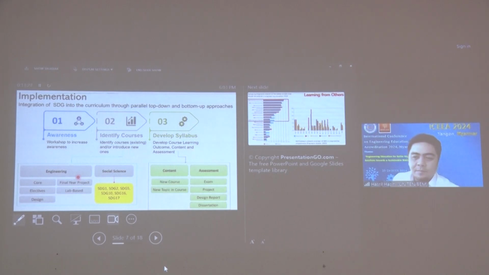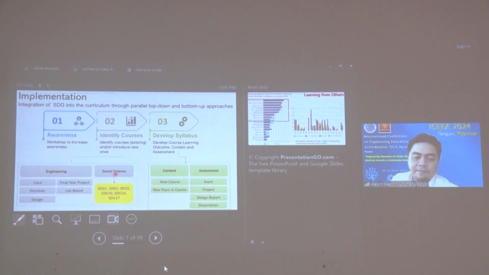Okay, on top of that, I believe the engineering program should also have some kind of social sciences subject being taught to the students. And this is also important for us to cover some of the so-called elements which are not directly related to engineering.